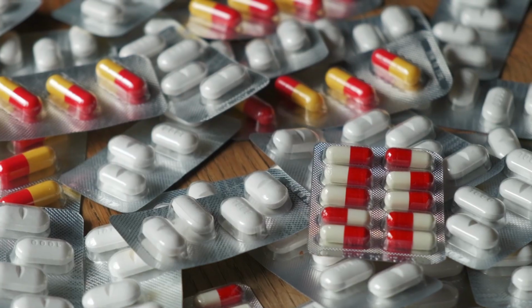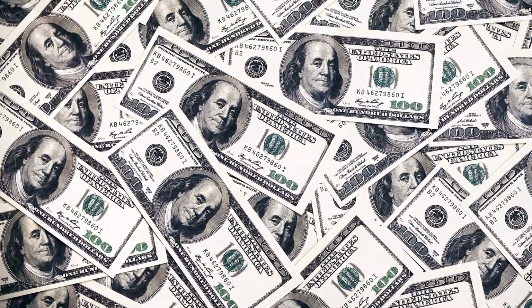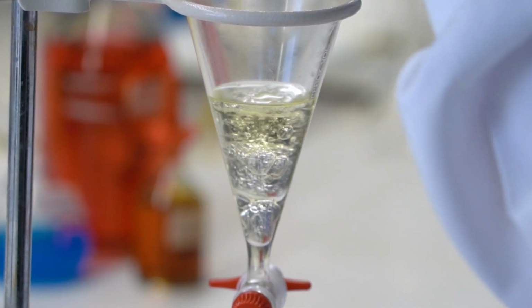Have you ever wondered how the reactions taught in your organic chemistry class are used to create molecules that treat disease and save lives, while generating millions for pharmaceutical companies each year? In this series, I'll be dissecting the top 200 pharmaceutical sales for 2022, discussing the syntheses of each molecule and